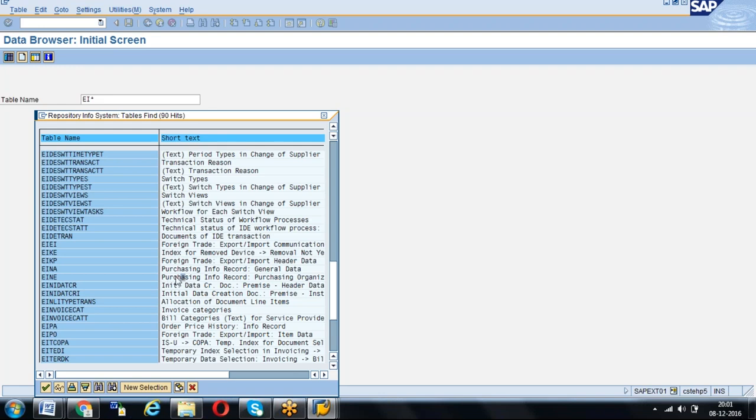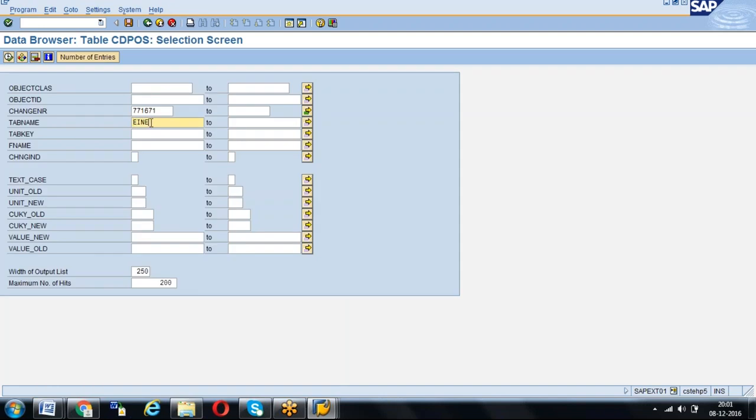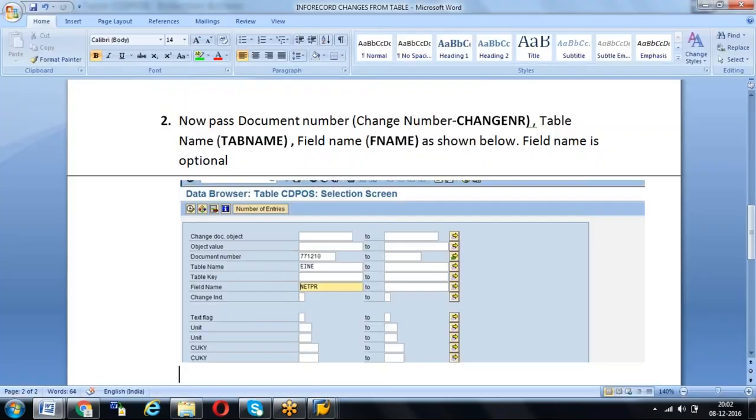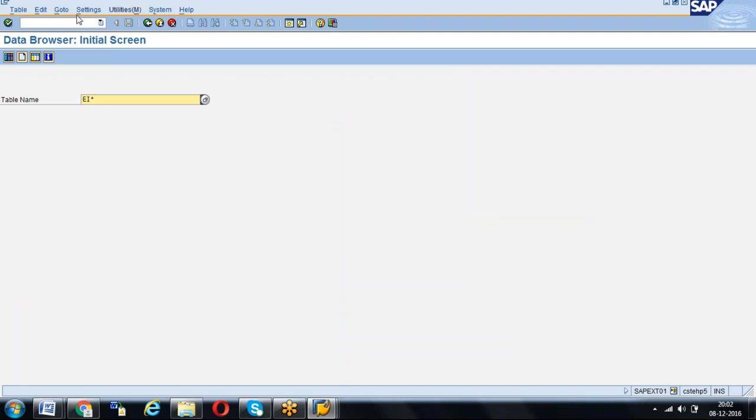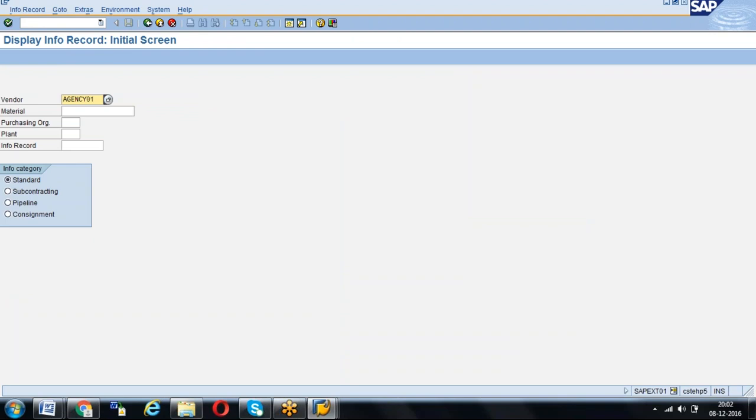If you want to see the price history, that's why you have to pass the table name EINE, and the field name. The field name you can directly give as NETPR. NETPR is the net price. You want to see the details of the net price. Anyway, I will open the info record screen also for your convenience. Slash ME13, if you open